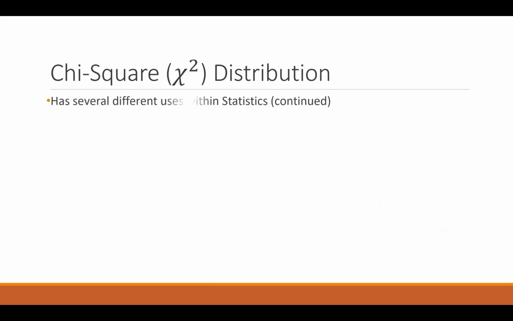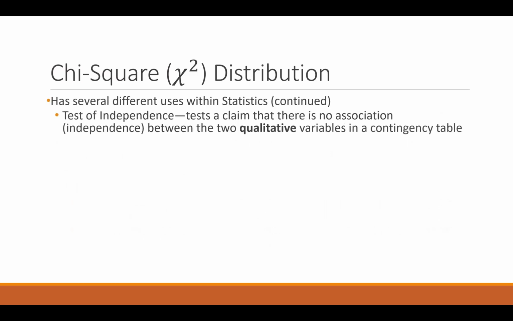A third way we use chi-square is with the test of independence. The test of independence lets us determine if there is an association, almost like thinking about it in terms of a correlation, like we did with numbers, but we're looking to see if there is an association or a correlation between two qualitative variables. And those two qualitative variables are presented in a contingency table or a two-way table format. So again, it's similar to the idea of correlation